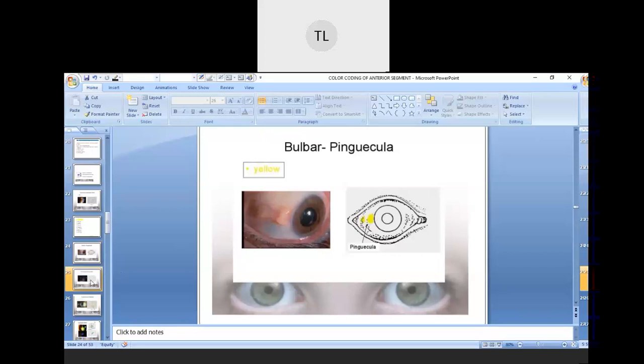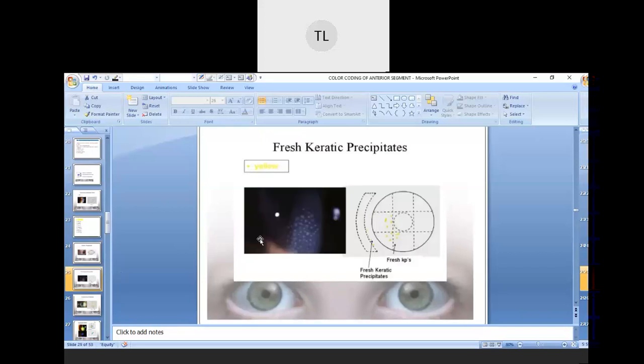Next we have the KP. Like Sadam said, it's a keratic precipitate. Basically, keratic precipitates are inflammatory cellular deposits. They are usually seen in the corneal endothelium. Endothelium means the innermost part of your cornea, so that's why in the slit diagram we have drawn it at the inside part.